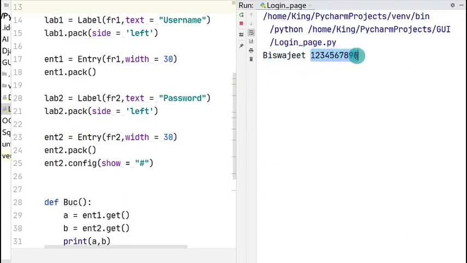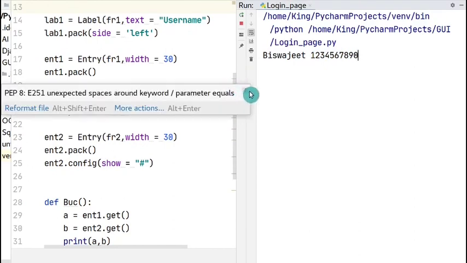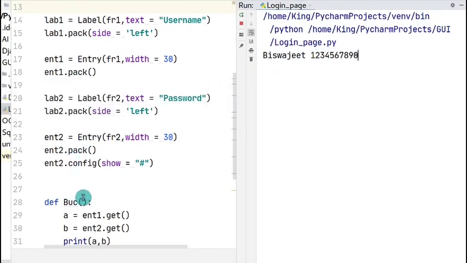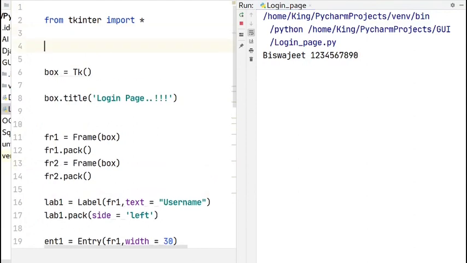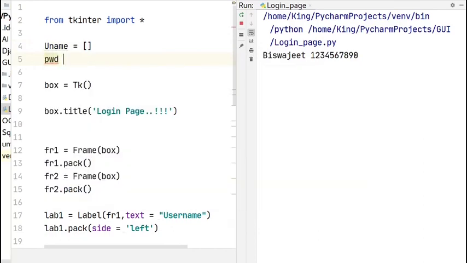is the password. Now what we can do, after collecting this a and b, we can append this to a list. So we have to take two lists, one for the username and one for the passwords. So here we are going to take global values. I'll take uname, and it will be an empty list, and pwd, and this will also be an empty list.